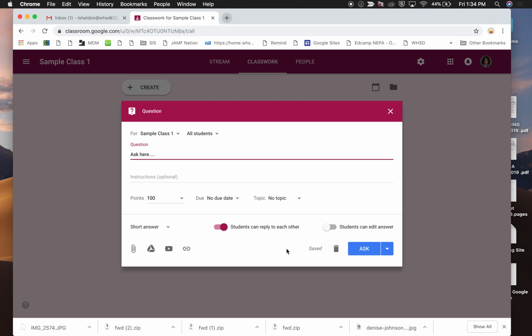By default, students have to type their response before they can read what anyone else has written. If you leave it so they can edit their answer, just know that they could type any letter in the field and then submit, go back and read what everyone's written, and then go back and change their answer. So it really depends on how you want to use this. So I click Ask when I'm ready to ask it, and notice I get the same options to schedule or save a draft. In future videos, we're going to talk about how